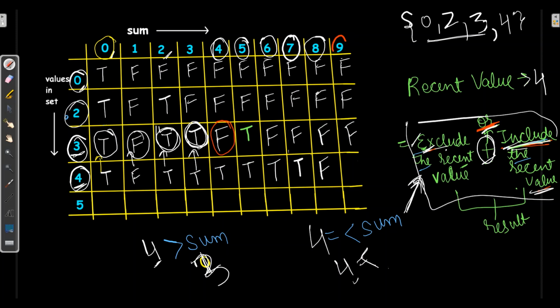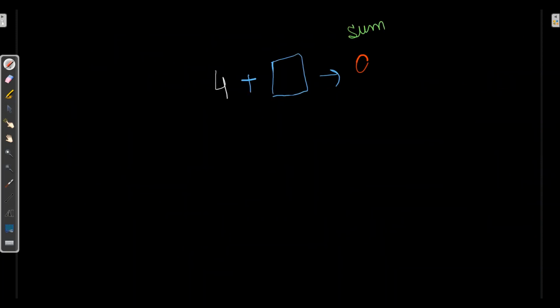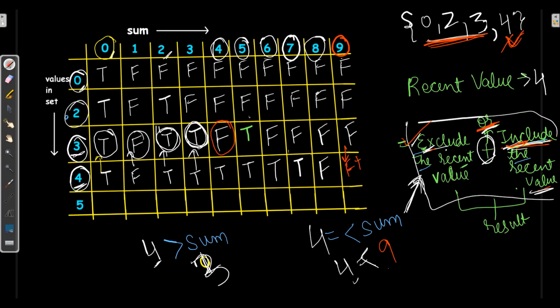Now let's verify for 9. For 9, first I need to exclude the recent value on the basis of 0, 2, 3. False, I will copy from the above, and then or include the recent value. So for making 9, I need to add 5. So in the 5 column in the above cell, it's true. So false or true makes true.